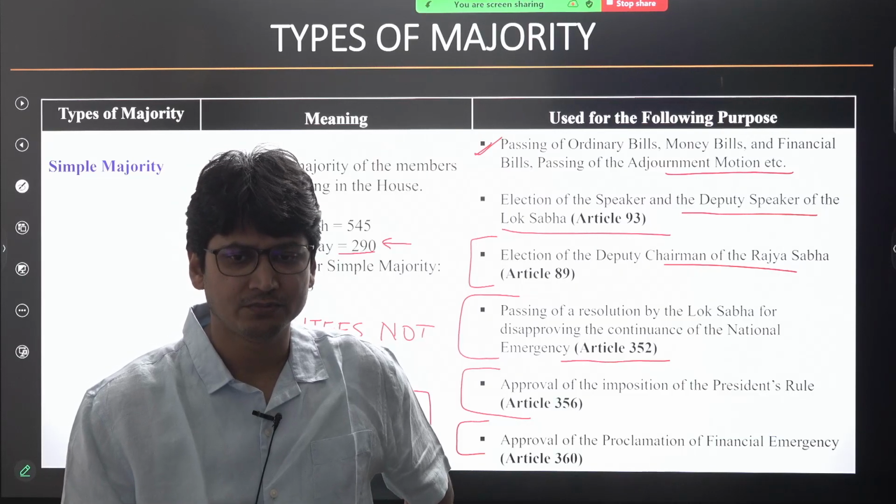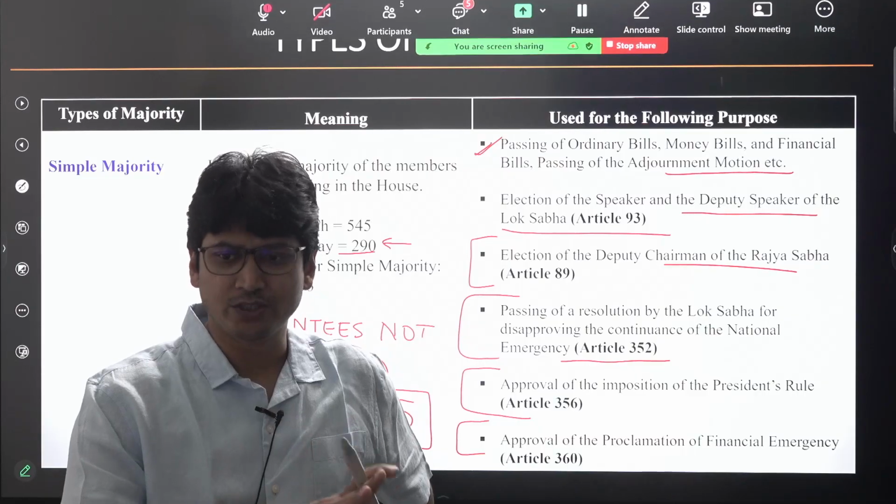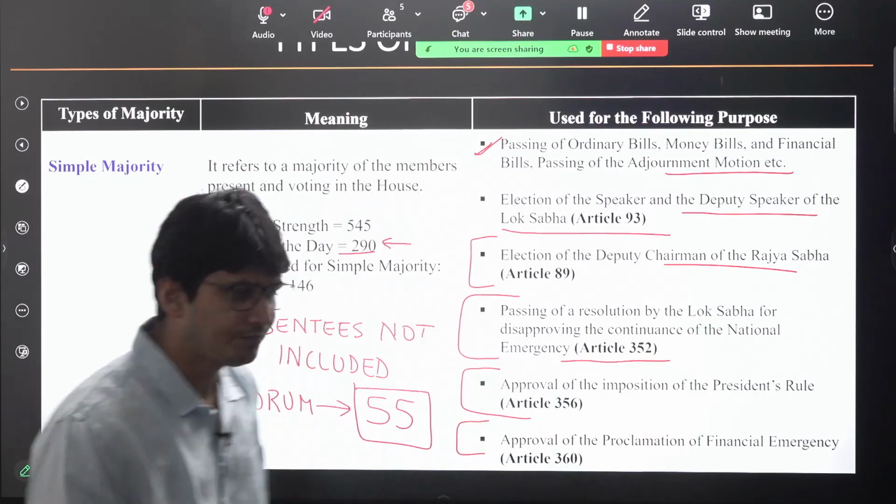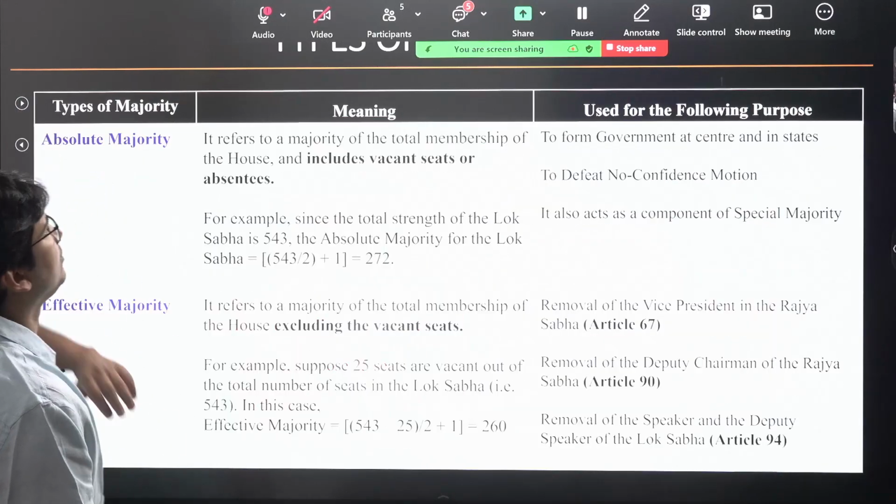Amrutesh, I hope you understand, correct? Then comes